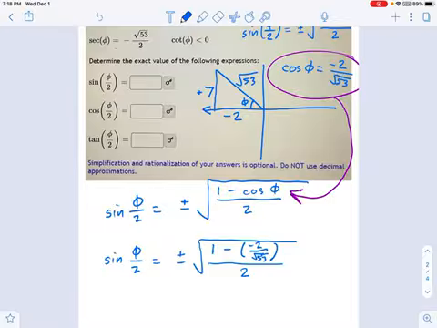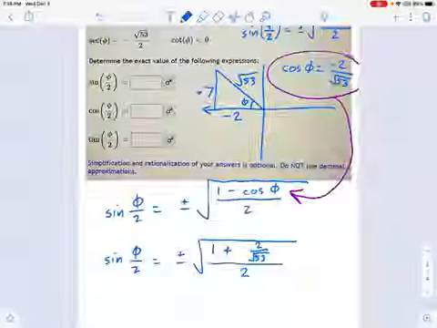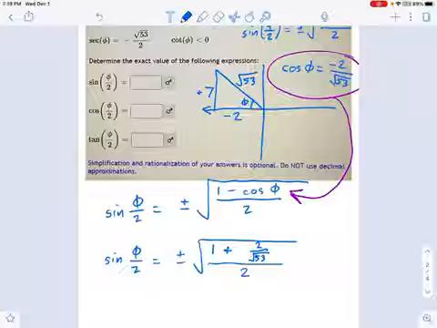And if you want, we can simplify this a little bit, right? Two negatives make a positive. Okay, we can get rid of those parentheses, clean this up just a little bit. My 53 is looking scribbly, so I want to redo that. Keep this a professional video here. Okay, 1 plus 2 over the square root of 53, all divided by 2, all inside another square root. If you want, you can simplify this more. You can rationalize and simplify all day long, but I will accept any answer that is basically correct. Even if it's ugly with square roots inside of square roots and fractions all over the place.